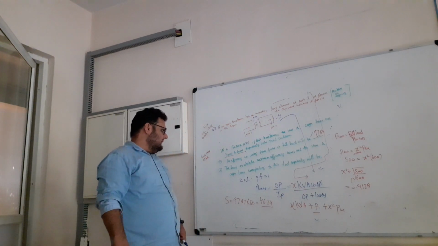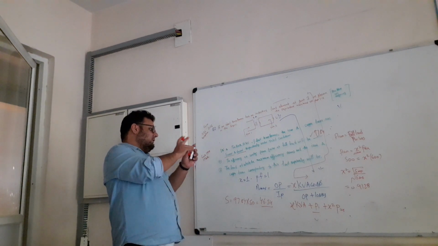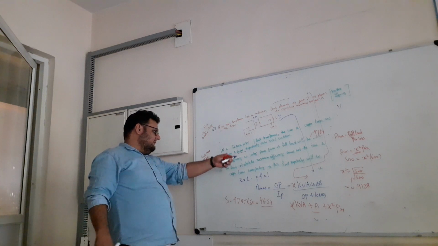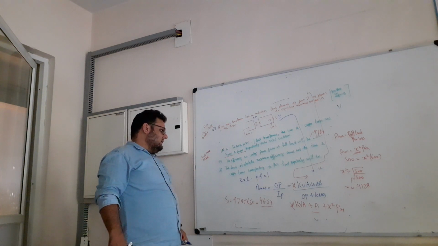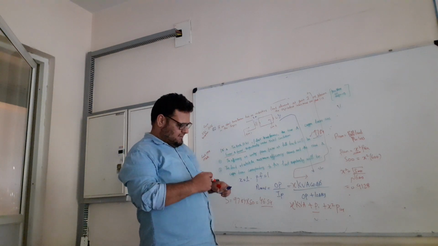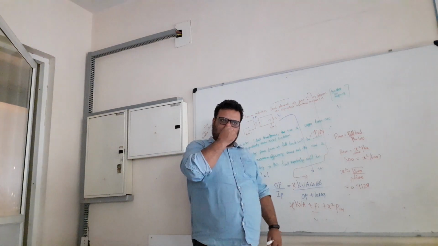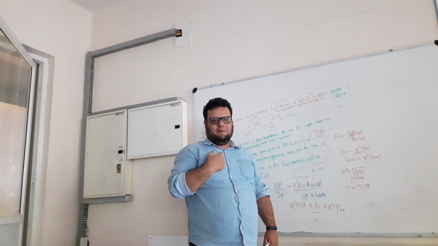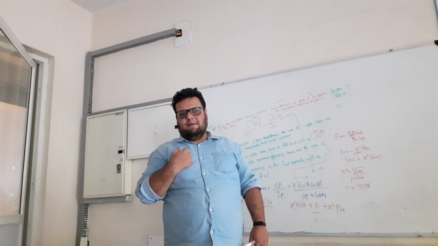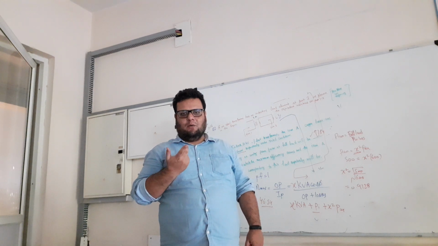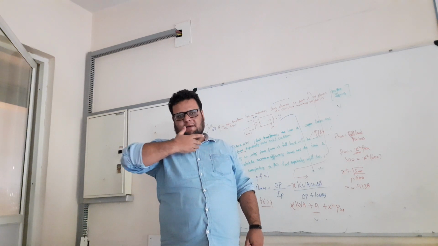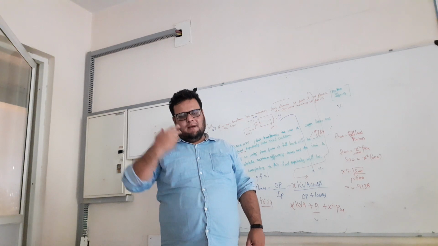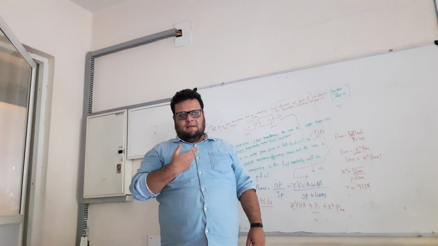Now we calculated at what load factor the maximum efficiency will happen. Now one important thing, a tricky question: the iron and copper loss at this load, how much would it be? Iron loss would remain the same only. It will remain 500, and copper loss also, because we have already considered it for maximum efficiency. So it would remain the same, 500 and 600 watts.